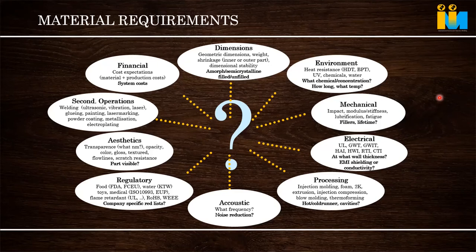Why is amorphous required for that application? Because it's a blade. If it bends, it can cut. It's a safety issue. So we cannot use a semi-crystalline or crystalline one, because semi-crystalline inherently has a property of getting warped. So the blade cannot be fixed on that. Second, if it absorbs water, nylon we cannot use because it absorbs a huge amount of water and has dimensional instability. So we are using Noryl for that application.